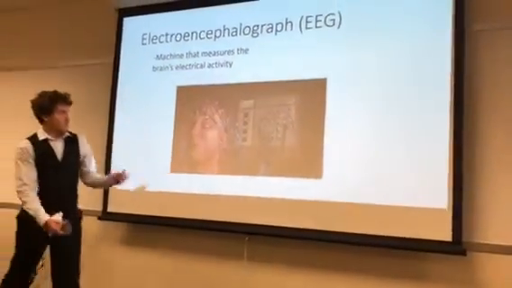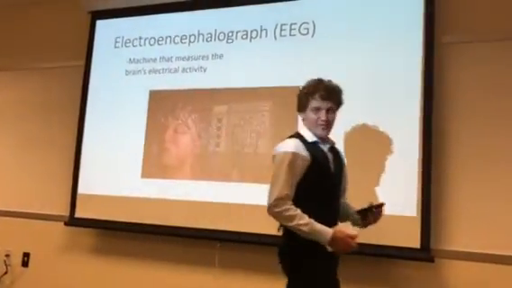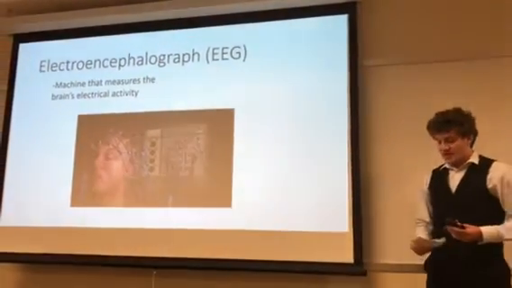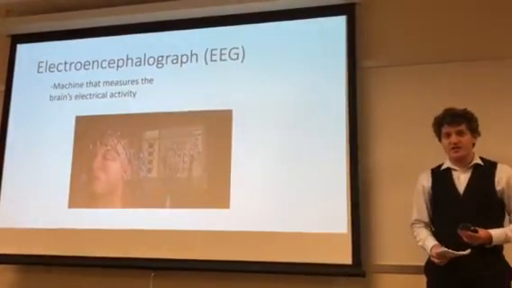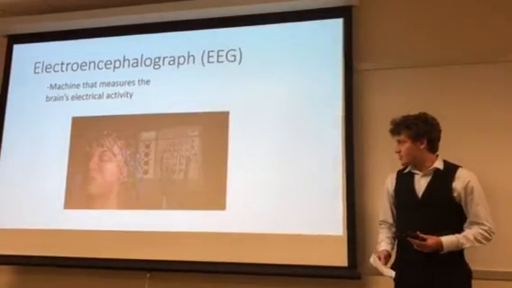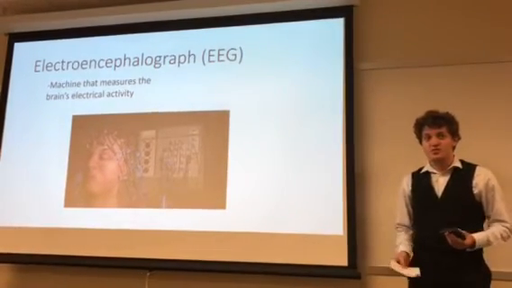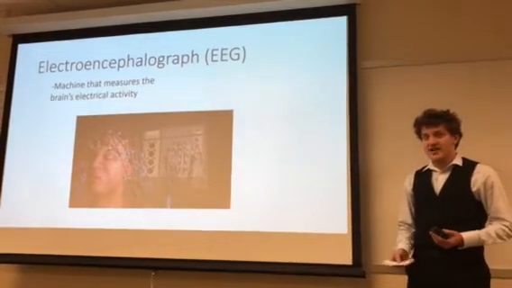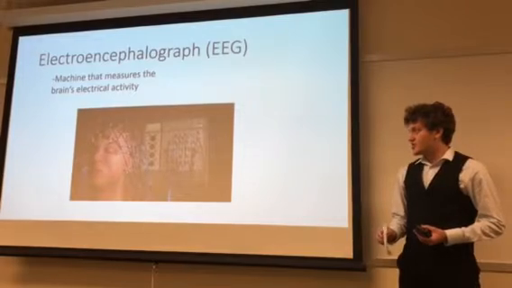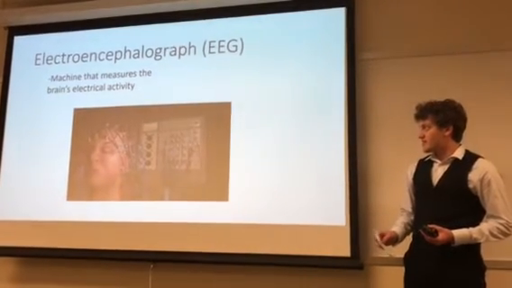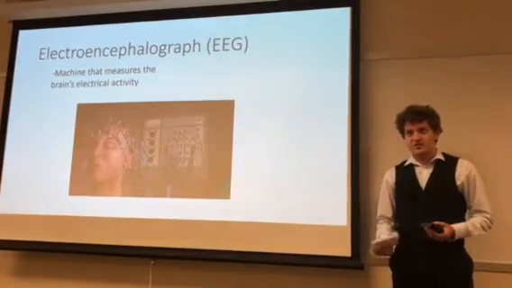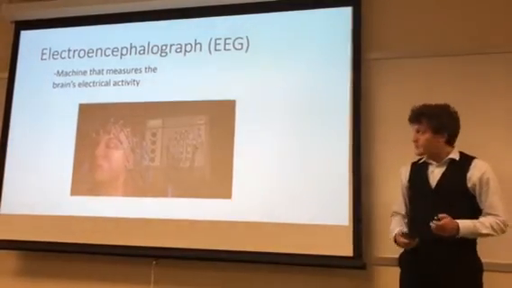An electroencephalograph, a machine that measures the brain's electrical activity, like I said earlier. And he left the room and left his son for a few hours. And then a little bit later, he noticed the machine going very bonkers. So he went in there, assuming that his son woke up, and he saw his son fast asleep, but simultaneously, the eye movements were off the charts and the brain activity was abnormally high. The machine in general was being very sporadic, so that was when he knew he made an important breakthrough.